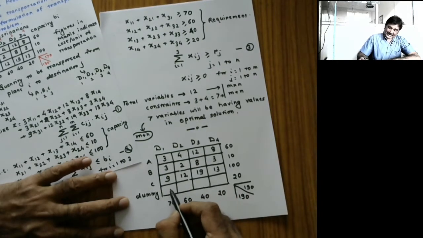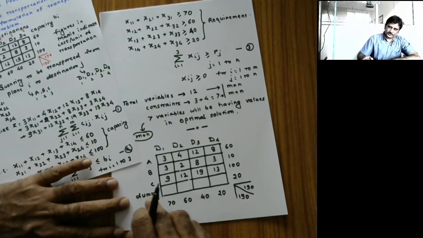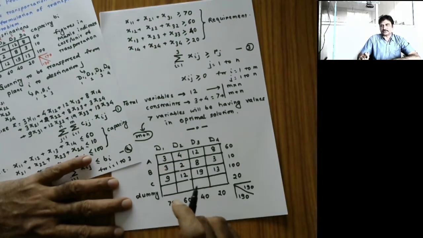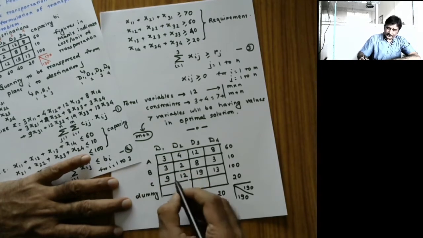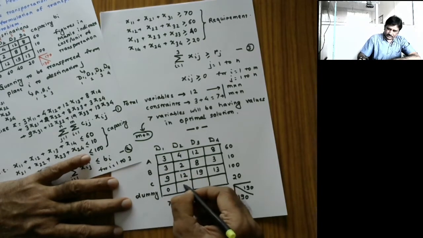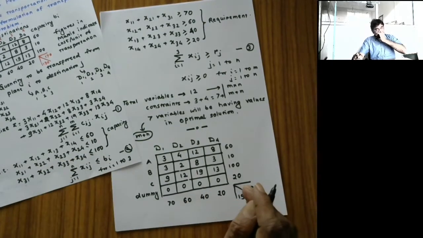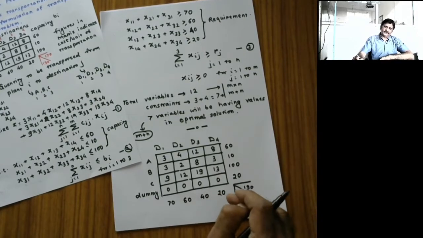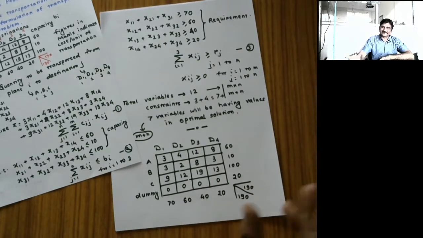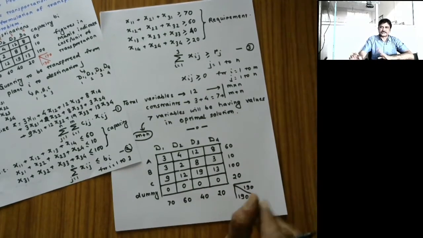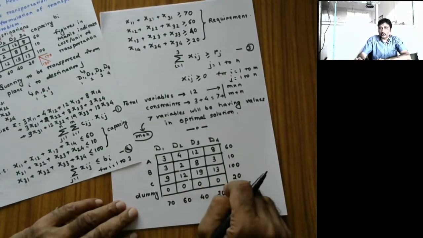Now, what remains is what value, what is the cost per unit of transportation from dummy to D1 that I should add. Okay, by thinking on it physically, I can take all the cost of transportation from dummy to any destination as zero physically, and mathematically also. It can be proved that you can put any value here, and zero has the computational benefits. It saves your time, so you put all the values zero here in the dummy row you add.